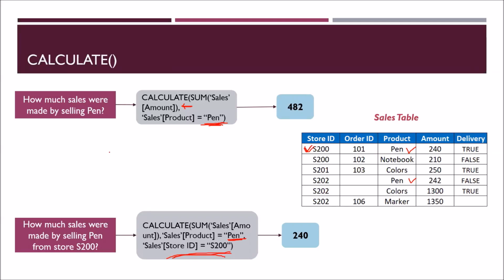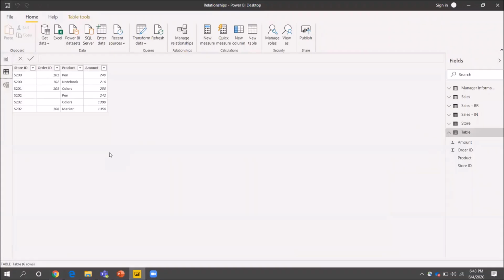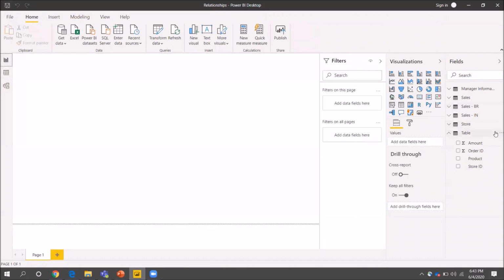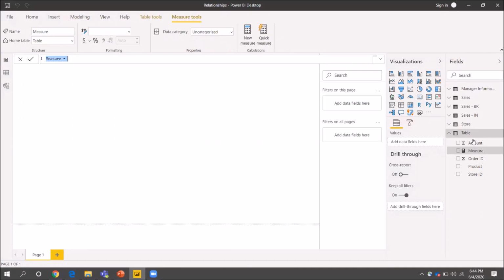Now let me show you how this can be done in Power BI. Here I have exactly the same data set. My first question was how much is the sales made by selling product pen. For this I can make a new measure. Let's call it Sales 1, which is equal to CALCULATE, with the sum of the amount column from Table 1, and my condition is product is equal to pen.